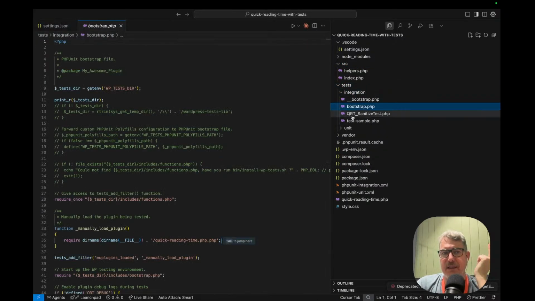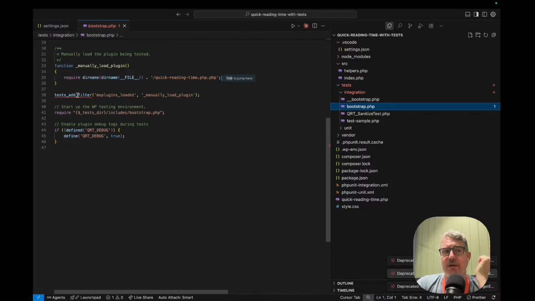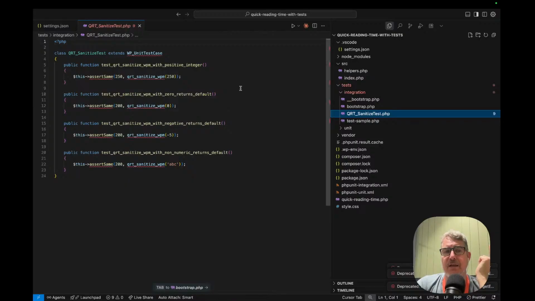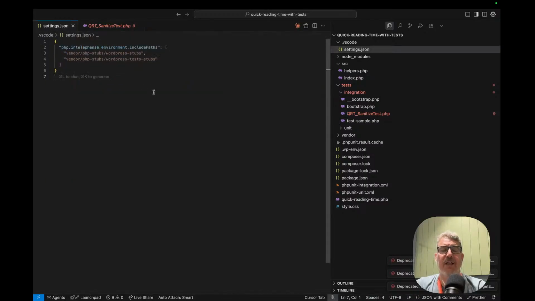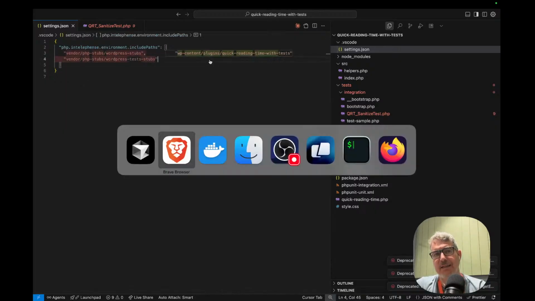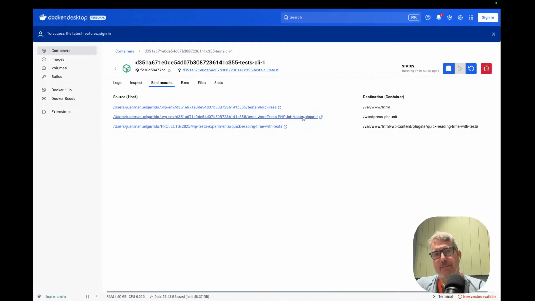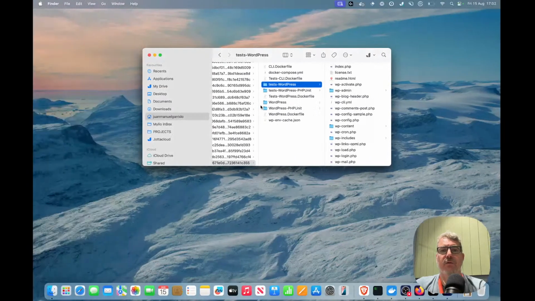tests here, for example, we don't have access to tests add filter, and here we don't have access to WP-Unit test case. So what we are going to tell IntelliSense is the location of these things, and these things are here. So we are going to